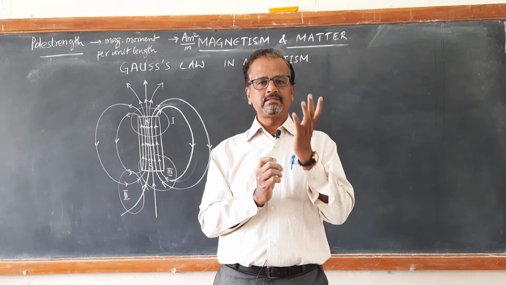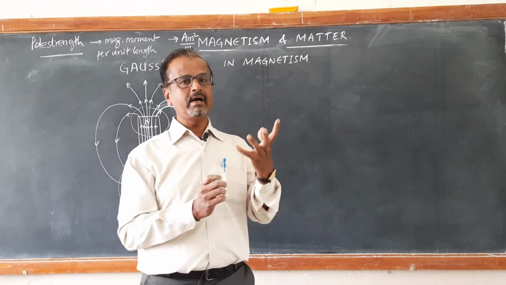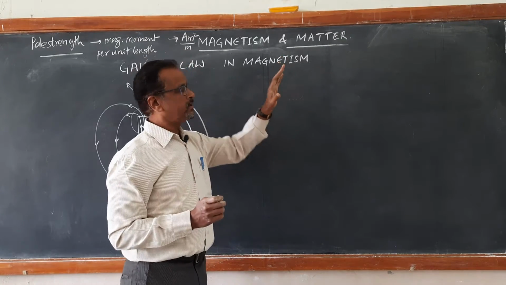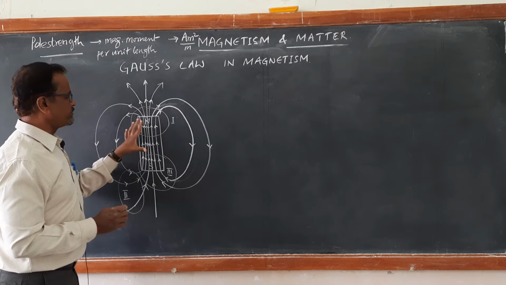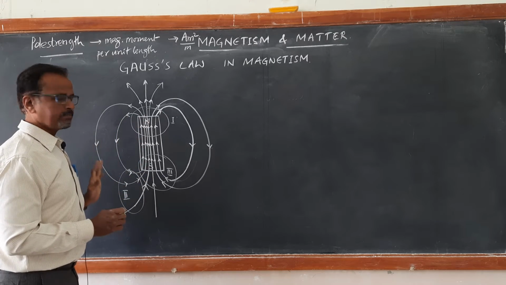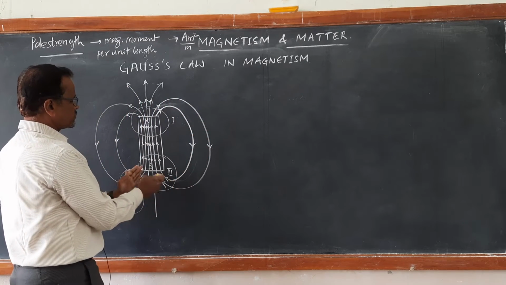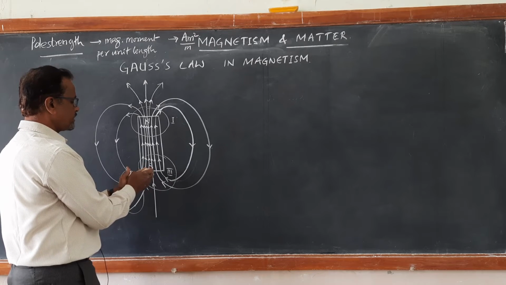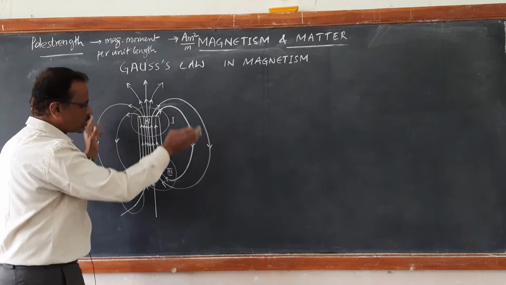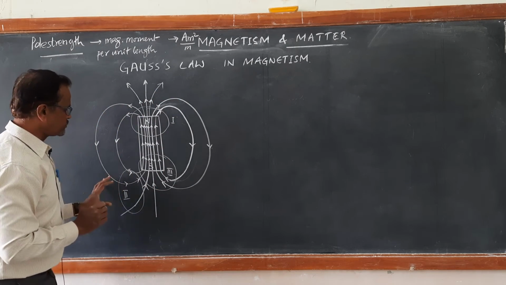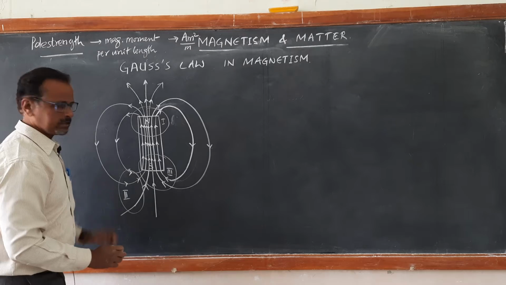Now let us apply the same Gauss law for a dipole, for a magnetic configuration. So we are learning Gauss law in magnetism. I have drawn the magnetic configuration of a bar magnet. The field lines emerge from the north pole and enter into the south pole, and inside the magnet they enter from south and meet at the north pole, and thus they form closed loops. This is what we already studied. I have chosen three regions: first region, second region and third region.